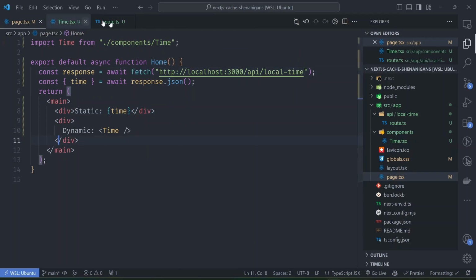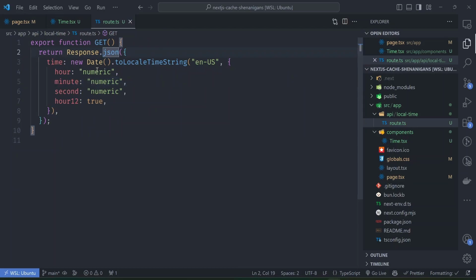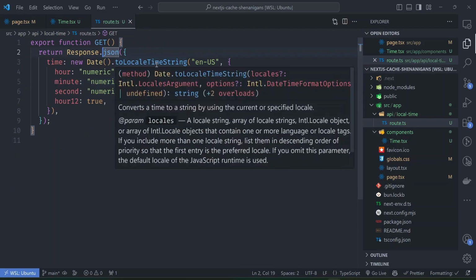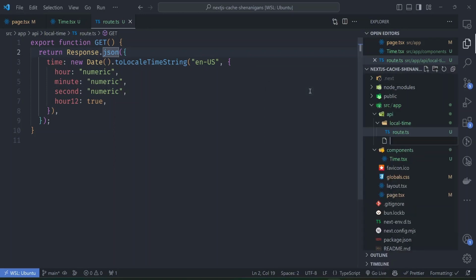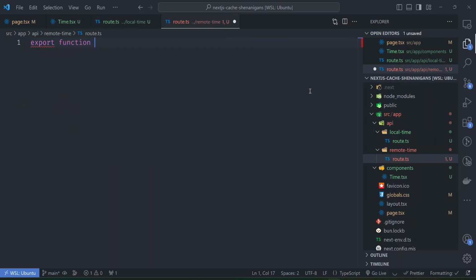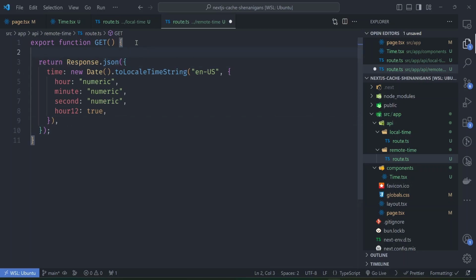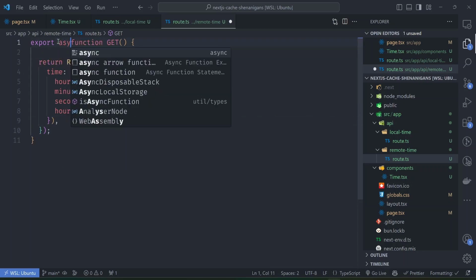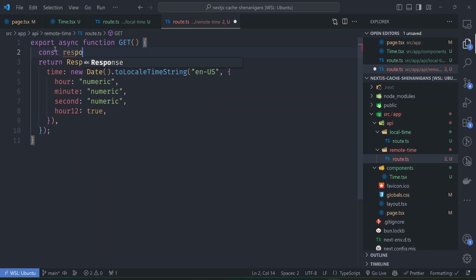So what if our API endpoint here makes another fetch call to a remote service to get the time from there? For example, let's add another route handler here called, say, remote-time/route.ts. Also this returns a GET function that returns the time, but this time we want to call a remote API. So let's make this function async. The response will be a fetch call